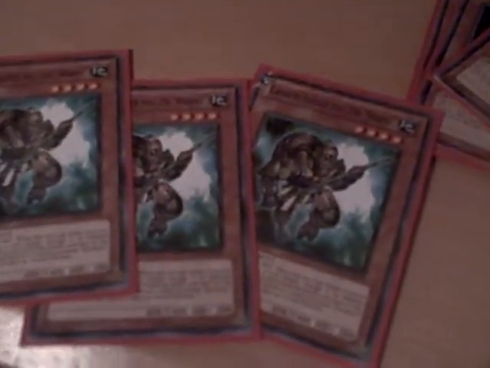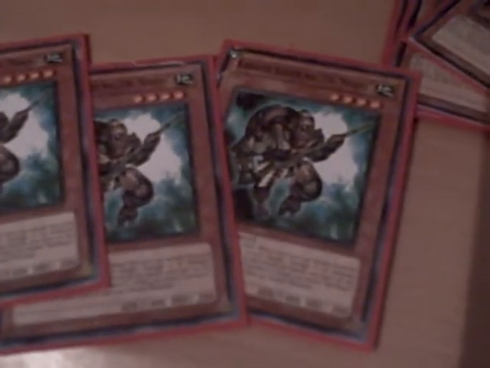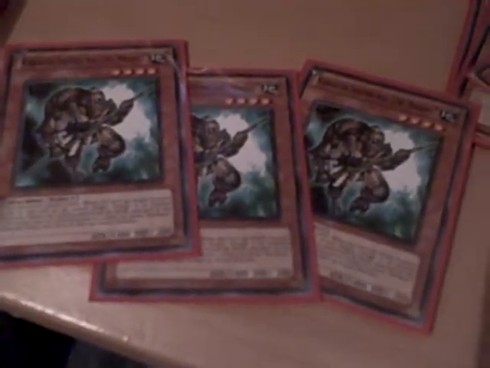Giant rat with a barrel on his back, basically. Soldier, he will search out any level 4 or lower Karakuri when he's destroyed by battle, so he just gives it that other level of consistency, so he's always good. So there's that. And now sort of moving on to the new stuff, you've got 3,